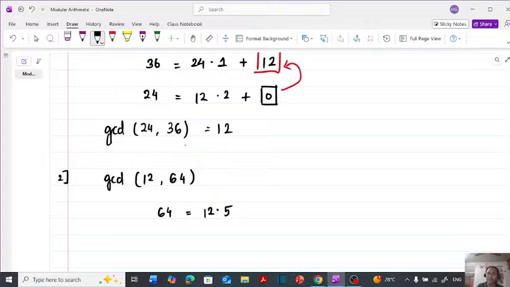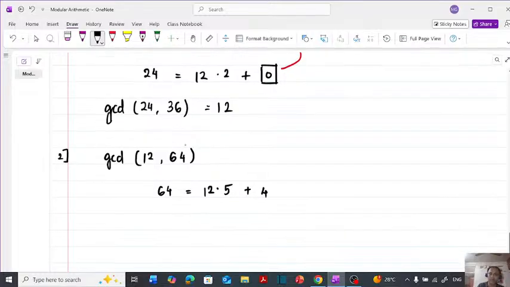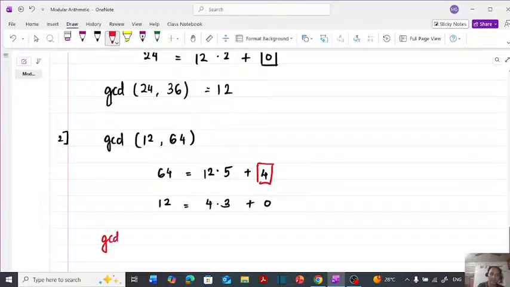60 होता है। ओके। और प्लस हम लोगों के पास 4 आ जाएगा। अब 4 नया रिमाइंडर है हमारा, और 12, तो ये 12 को और 4 से हम डिवाइड करेंगे, तो 4 इंटू 3 हम लोगों को मिल जाता है यहाँ पर। तो इस तरीके से ये 0 आ गया। तो 0 के पहले जो है वो हमारा जीसीडी होता है। समझ में आया आपको? जो लोग ऑनलाइन हैं, आपको ये समझ में आ गया कि लास्ट में 0 आना चाहिए, तो 0 के पहले जो नंबर आएगा रिमाइंडर वो हमारा जीसीडी है। तो जीसीडी ऑफ 12 और 64, देखिए हम लोगों को 4 मिल गया।